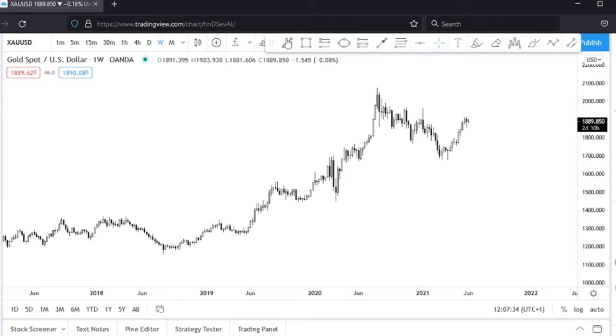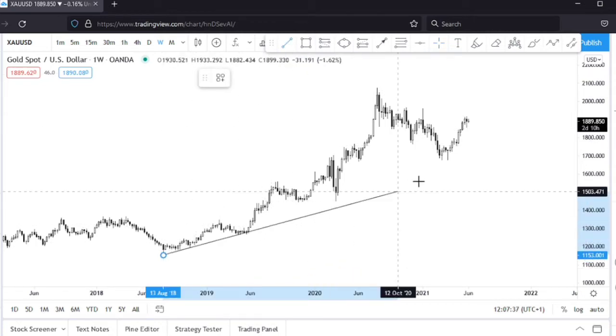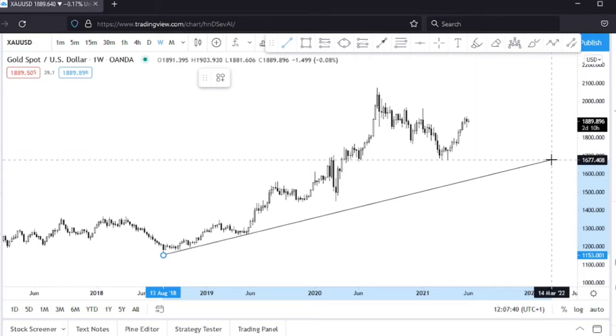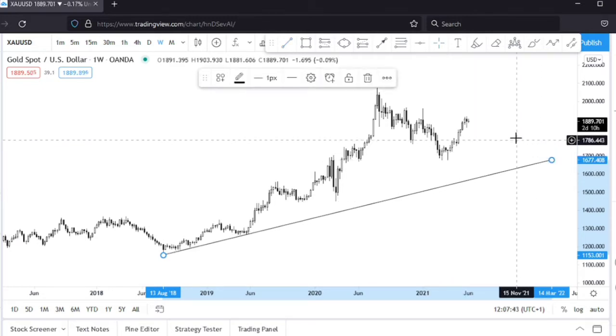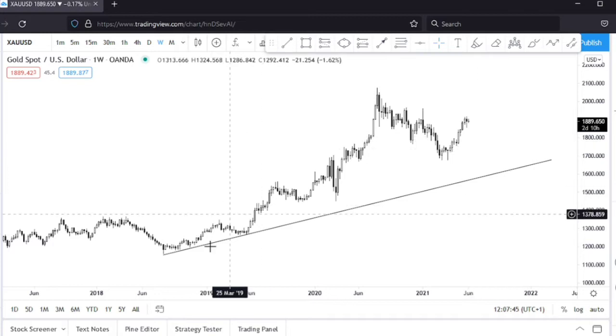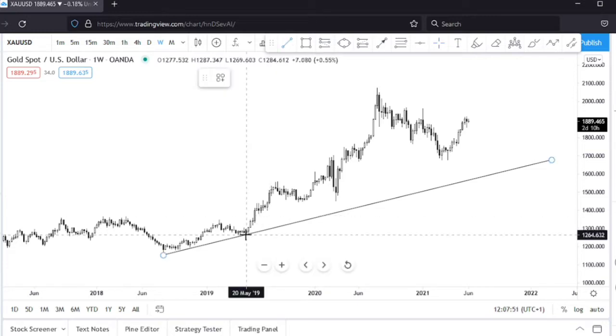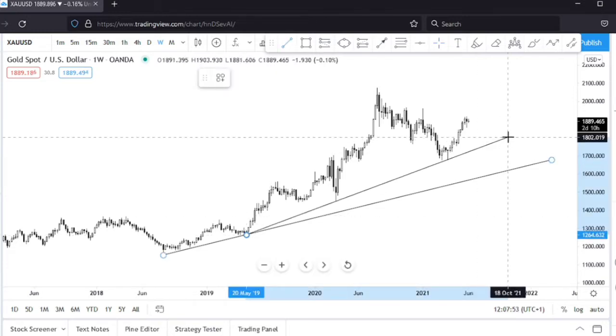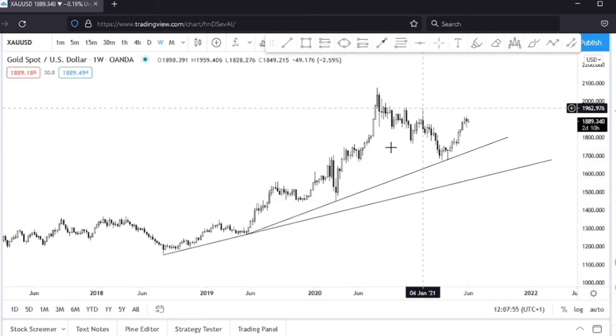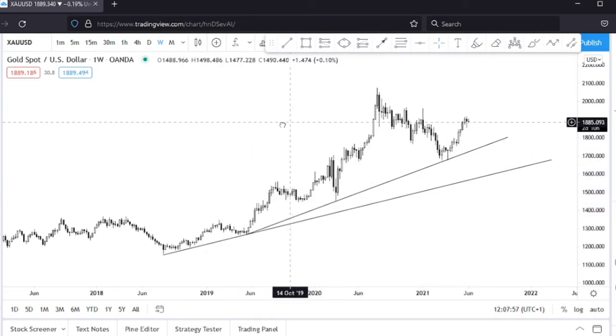All right, so I'll start with the weekly time frame, since I'm a swing trader, and I'll also talk about the analysis for day traders as well. So I draw my trend line here, just connecting these two levels. I can also draw this trend line here as well. And as you can see, price is still in an uptrend,